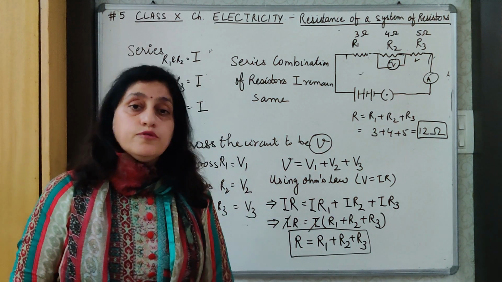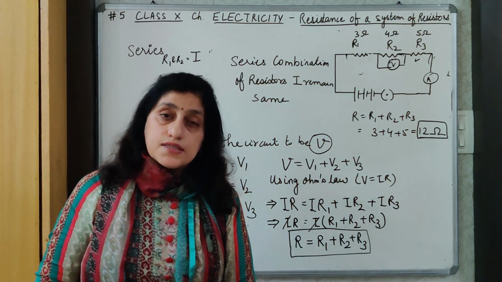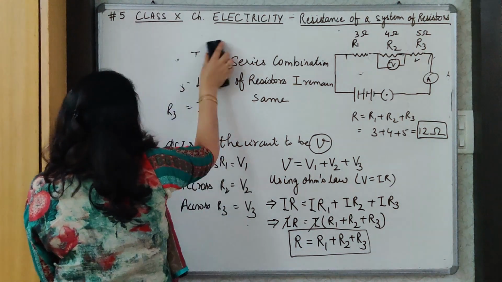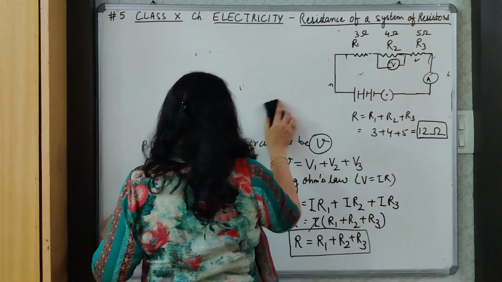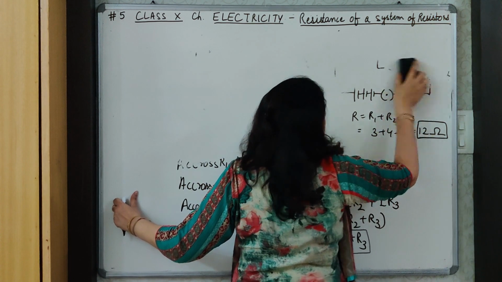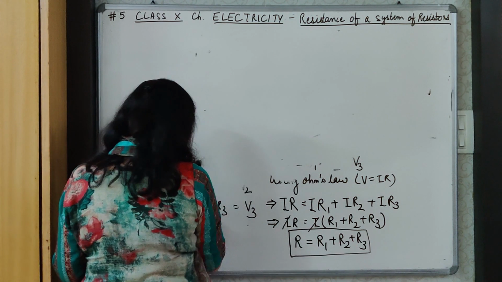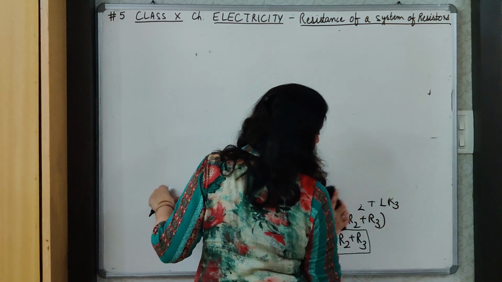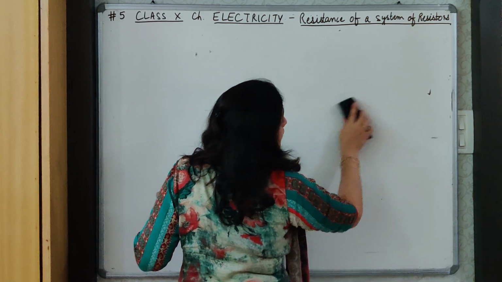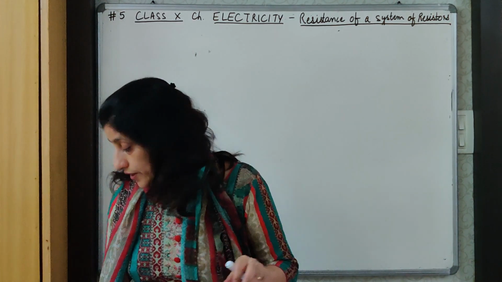And now I will take up one numerical based on this combination of resistors in series. So just hold on for a minute and I'll be with you with a numerical. Okay, so let this diagram also go. Whatever question is given to us, we'll try to make a diagram based on that information, and we will record the information and try to solve it. Watch carefully and then you can practice 1 or 2 questions from your book. Any problem, I'm always there for your help.